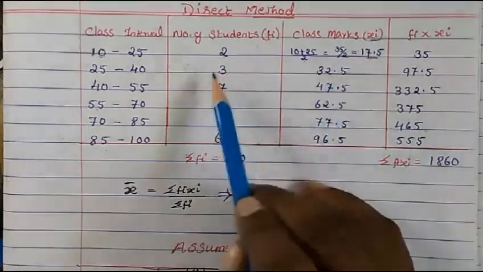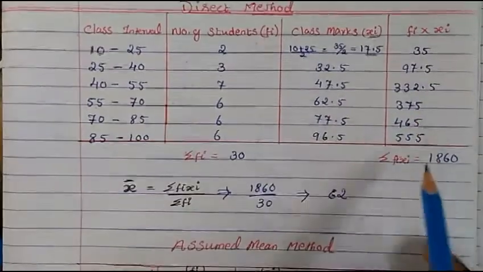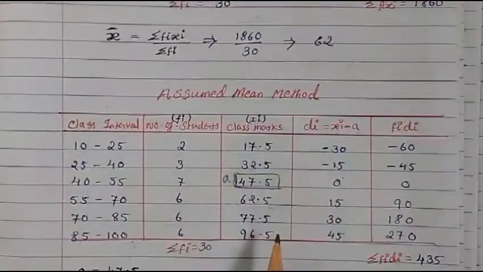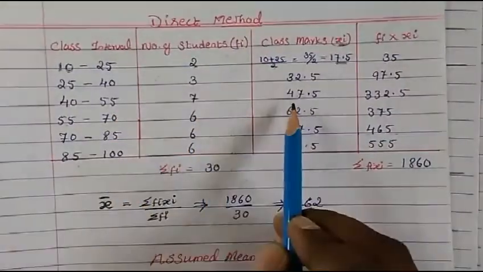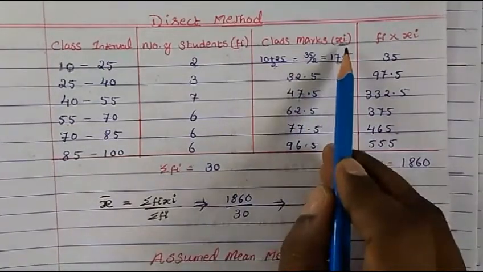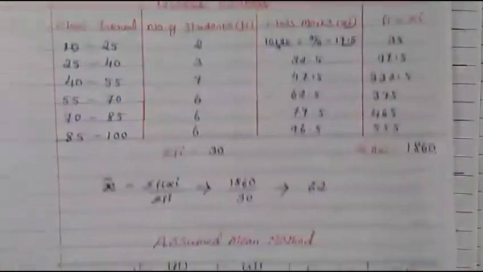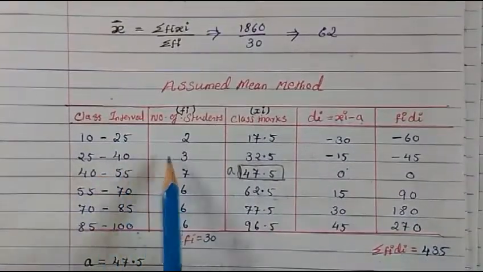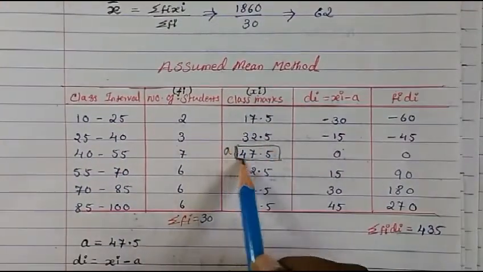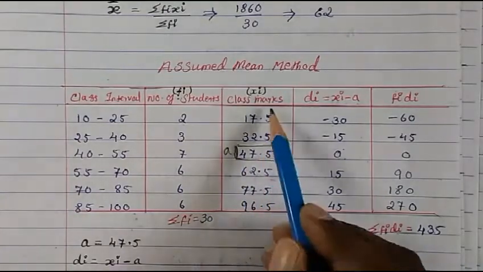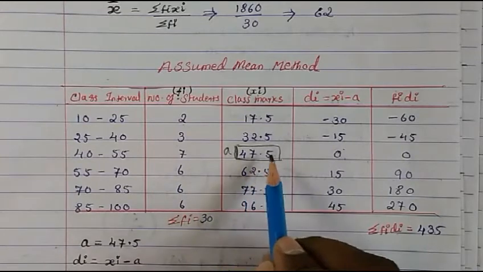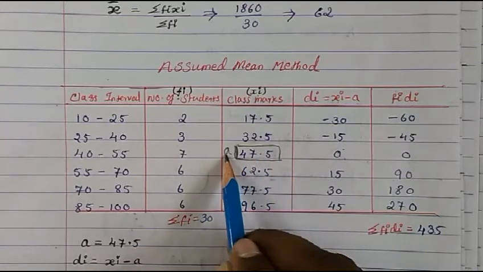In the direct method, I said we multiply, write down the total and find the average of it. And in the assumed mean method, all these three steps remain the same. These three columns are compulsory for all three methods. Up to xi is compulsory to calculate. So in the assumed mean method, we copied down the same thing. Then we have to find the a value. I said we have to take the central number and assume it as the mean, so we write it as a.